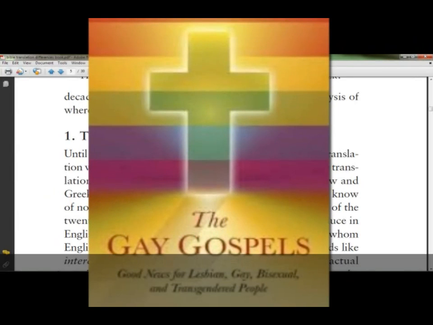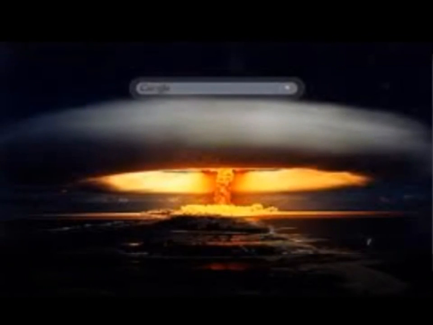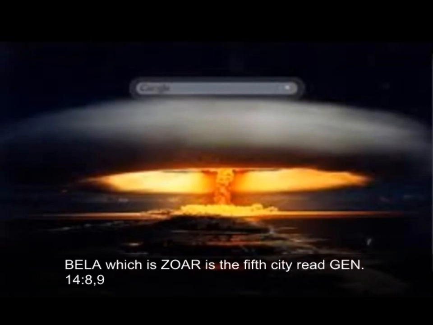They have gay Bibles now to fit the gay population. And that's wrong. That's one reason why the Lord is going to come back to destroy this world. Destroy America, destroy this society, take it down, just like He did to Sodom and Gomorrah, Zeboim, Admah, and there was another city. All right, so this is happening.